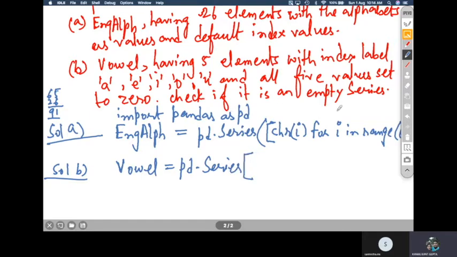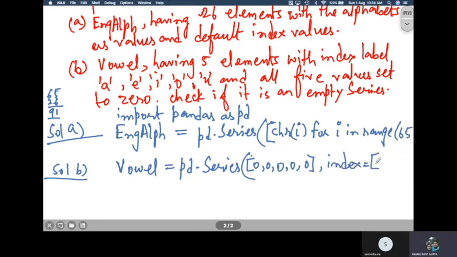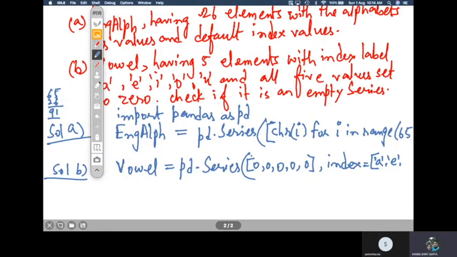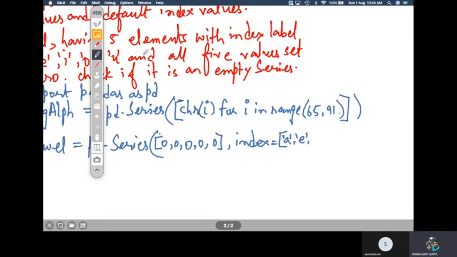So you will just set 0, 5 zeros, 5 vowels are there, 1 2 3 4 5, 5 zeros, and then here you will write index is equal to, the index labeling is done as A, E, I, O, U, as it is told in the question, the names of the vowels.